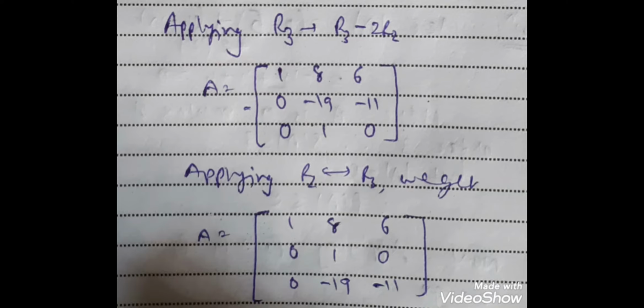Now here in the center of this matrix we have an element 1. If we multiply this element by 19 and add into the third row, then we get one more 0 in the third row, and similarly if we multiply that element by -8 and add into the first row, then we get one more 0 in the first row. In short, here we have to find the maximum zeros. It means we have to cancel maximum rows and columns.